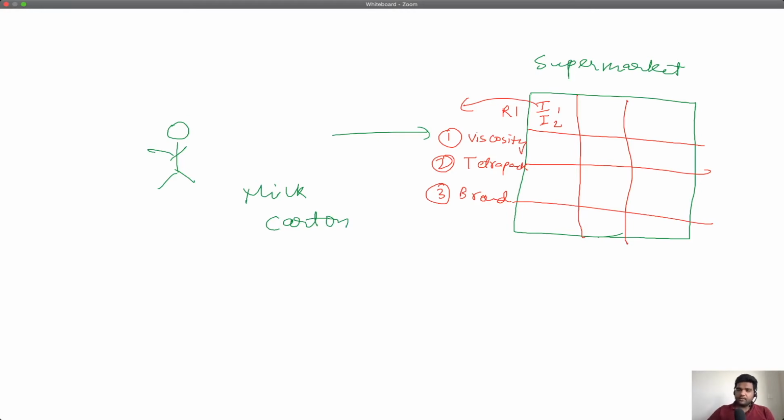You will inspect that element. Let's say it is not really the carton of milk that you are looking for. You will put it back. Then you will take out the next item. You will inspect it, check for these properties. No, it does not match. You will put it back. Then you will move on to the next item, pick it up, inspect, check for these properties. Doesn't match, put it back.